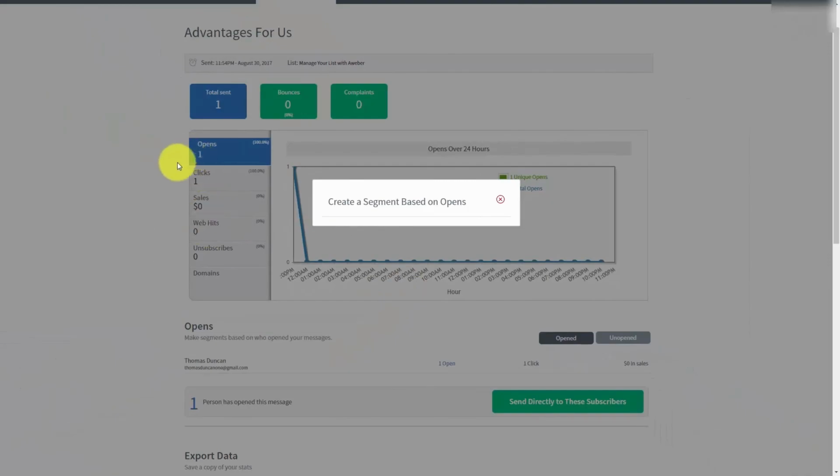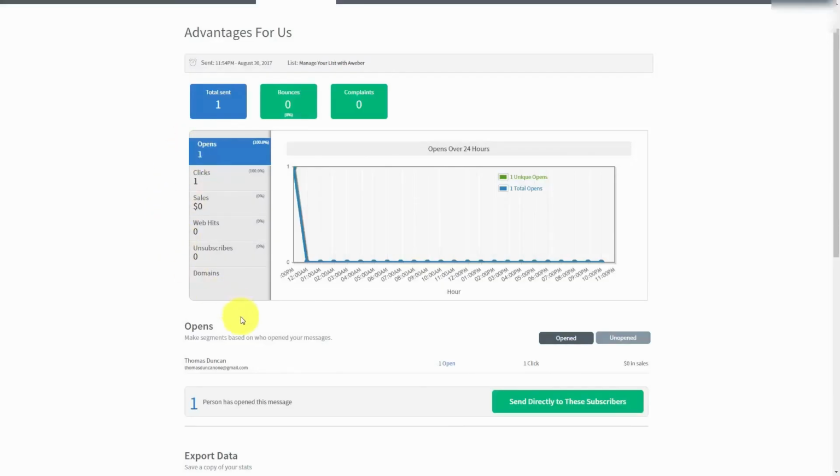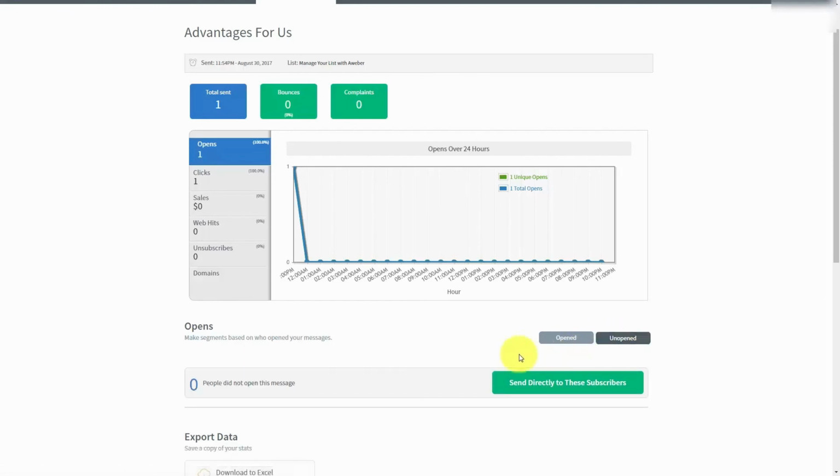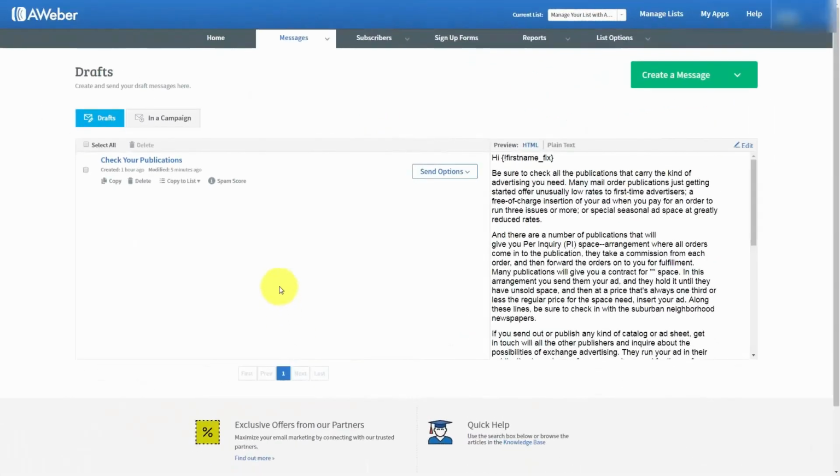Now obviously, you're going to have more than one person in your email list. In this particular case, the mechanics will work the exact same. You would still create a segment based on either people who had opened, people who had unopened. You can create a segment and actually send an email to them. So here's how that process would work. You'd actually click schedule a broadcast,